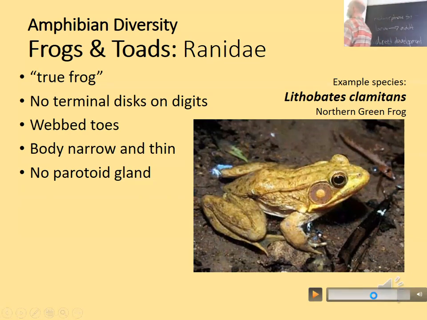The adults primarily live at least close to water, if not in water. So like leopard frogs, bullfrogs, pickerel frogs are all in this family. So they have webbing between their toes, they have kind of a long and thin body. They often have a very large tympanic membrane. This guy in particular, look at the size of that sucker. That's huge, bigger than his eyeball. And many have these dorsolateral folds, and specifically the green frog has it, but the bullfrog doesn't. So that's a good way to tell a green frog from a bullfrog, is the presence or absence of this dorsolateral fold.